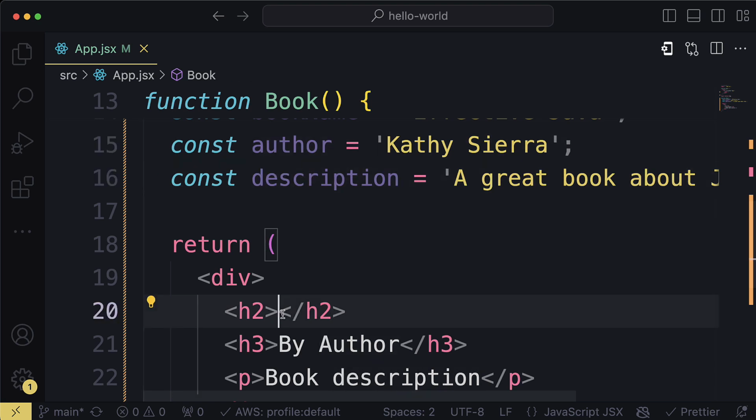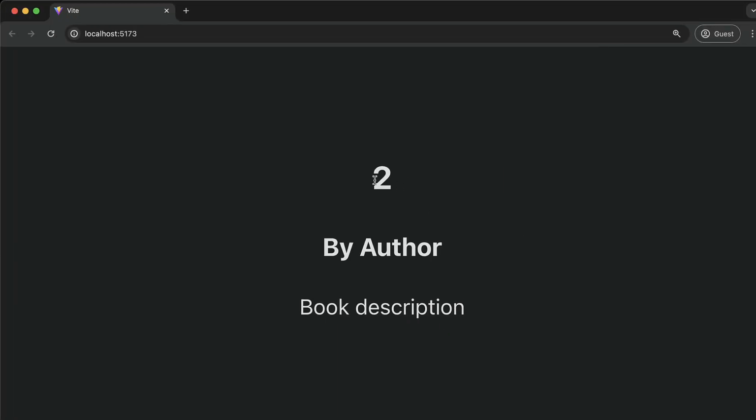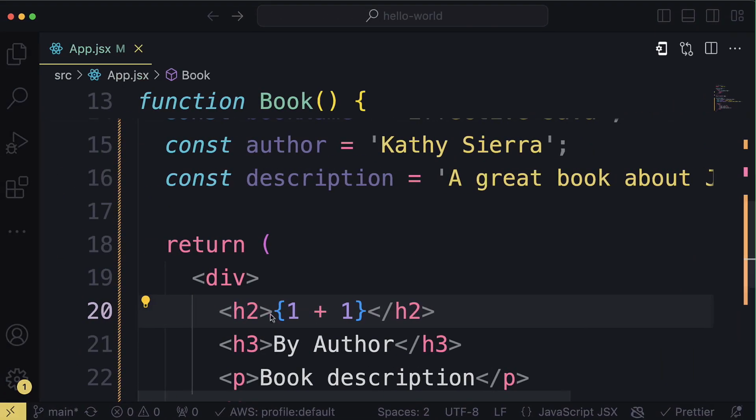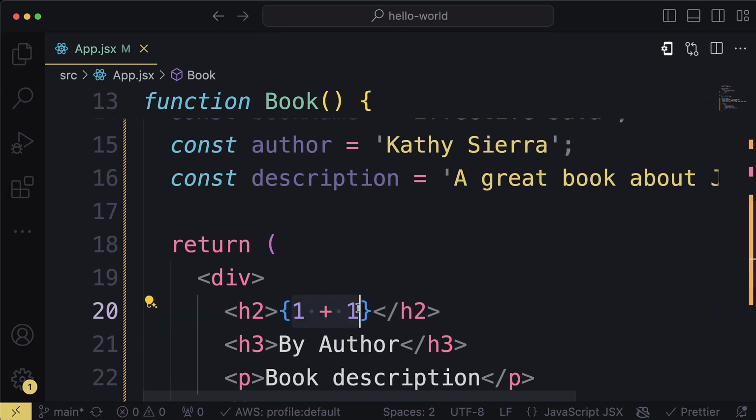We can pass JavaScript inside of JSX. To do so, we have to put it inside of curly braces. Whenever you do this, now we can put a JavaScript expression, variable, whatever you want, here. In fact, if I say, for instance, 1 + 1 and save this, you can see it's going to say 2, because now we have JavaScript that is going to be evaluated through this expression, 1 + 1,